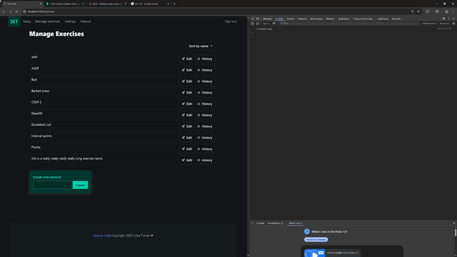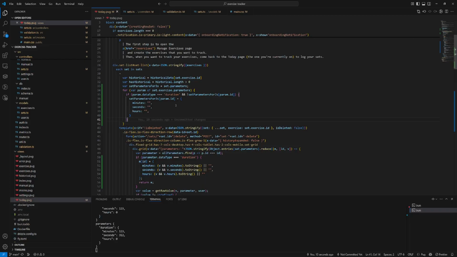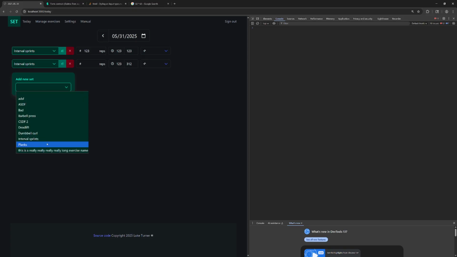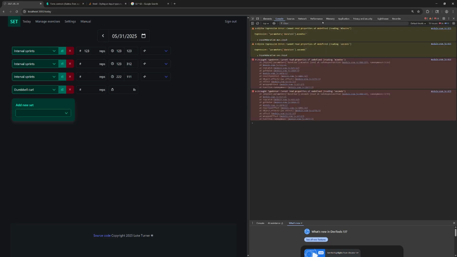And I think that should work. Let's give it a shot here. Let's go back to the today page. Refresh. So if I add a new interval sprint, does it error? No, no error. And I can do these. And I can do some other value. Refresh. Cool. And if I add something that doesn't actually have duration on it,